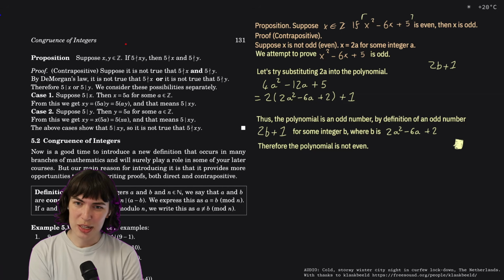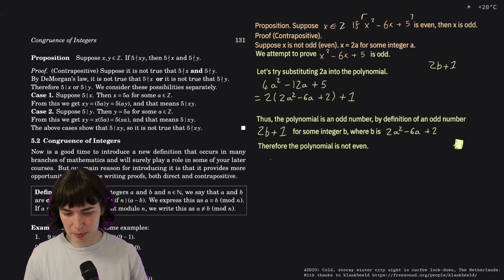By De Morgan's law, it is not true. De Morgan's law is something really obvious, but it needs to be formalized anyway. It's something like,